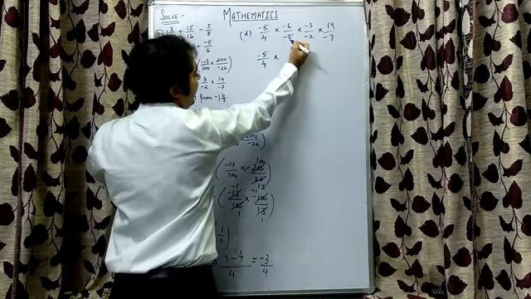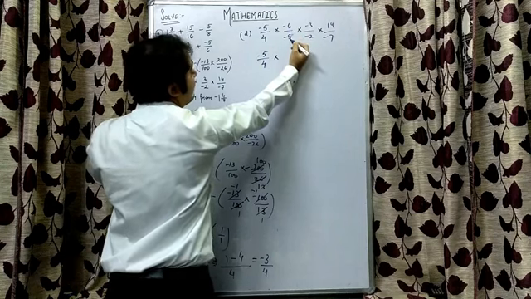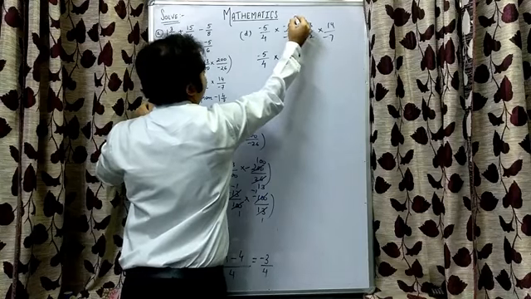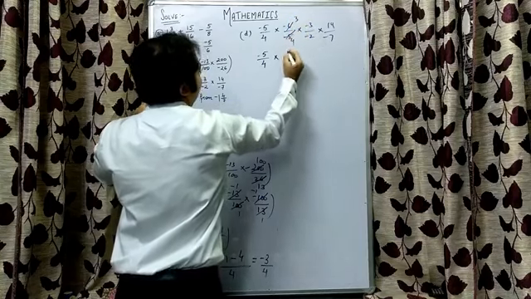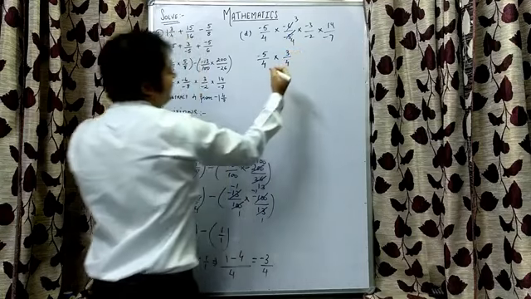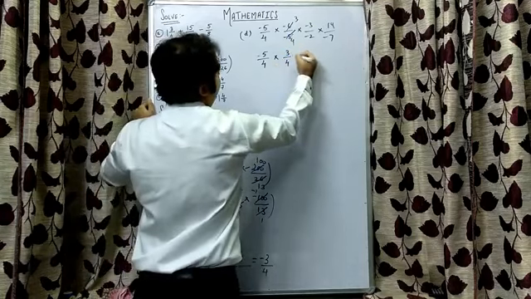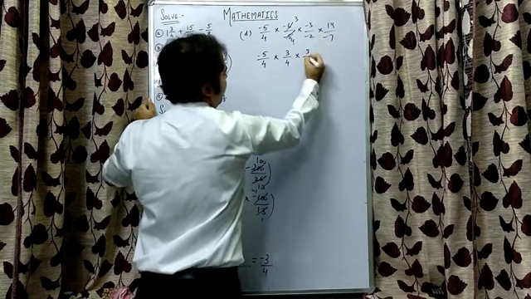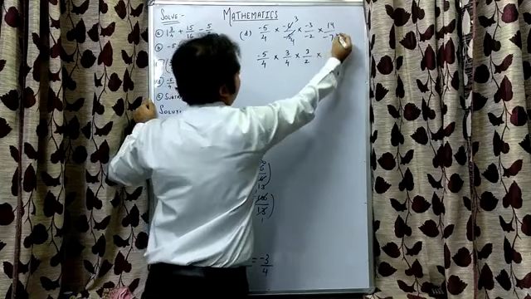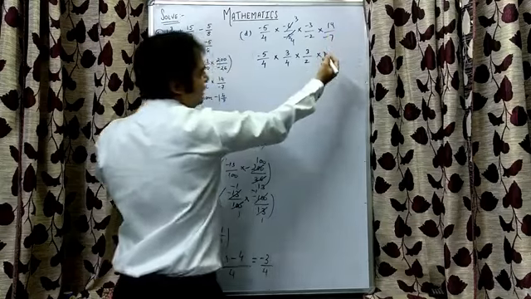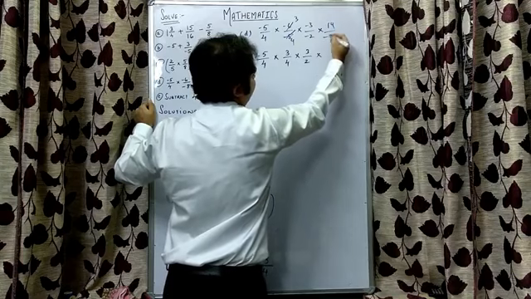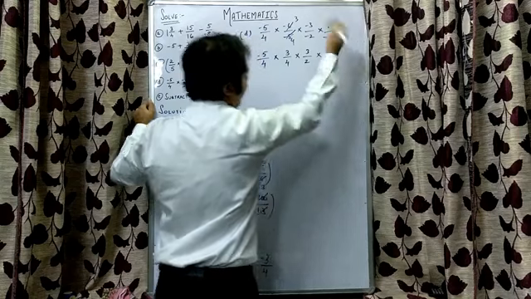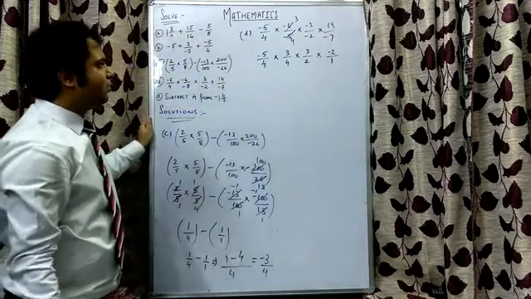Second, minus 6 by minus 8, both will be multiplied by minus 1, and 2 3s are 6, 2 4s are 8. So it became 3 by 4, right? Into minus 3 upon minus 2, both will be multiplied by minus 1, it will become 3 by 2, and both will be multiplied by minus 1 first. So it will become minus 14 by 7, that will give me minus 2 by 1 after cancellation. 7 ones are 7, 7 twos are 14, right?